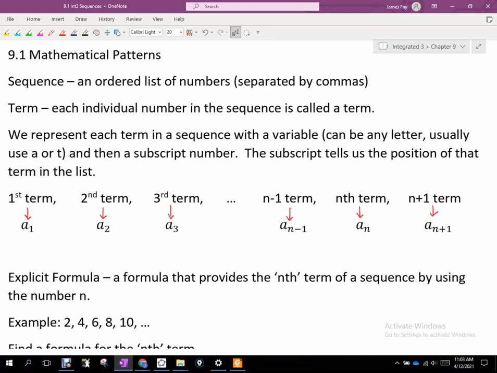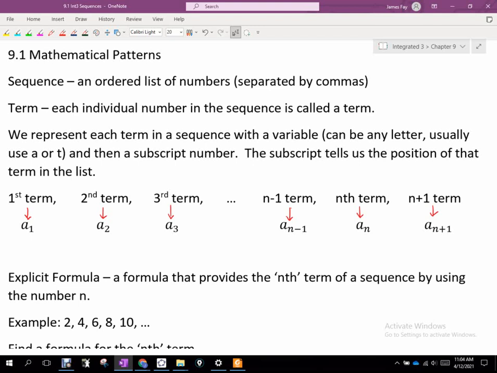My hope is to get through at least this chapter 9 with things called sequences and series. So we're looking at patterns, and really today, you already know a lot of these patterns, and we've used algebraic concepts already to analyze some of these patterns. Today is going to be a learning procedure with terms and how we write terms and how we write notation, and maybe then investigate some interesting patterns.